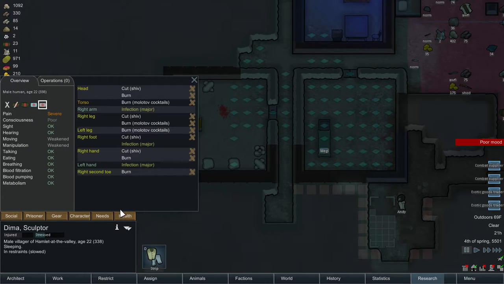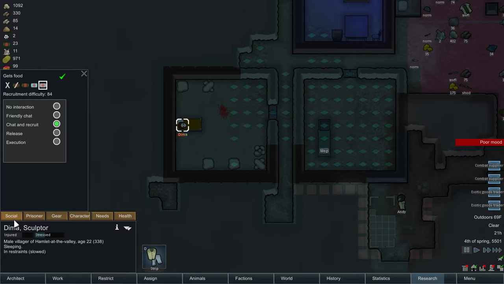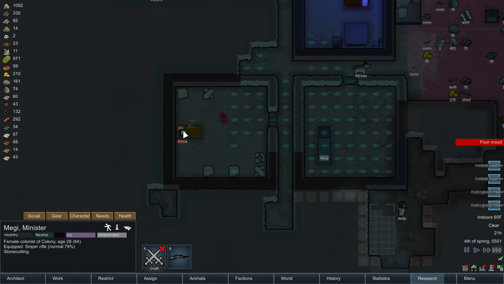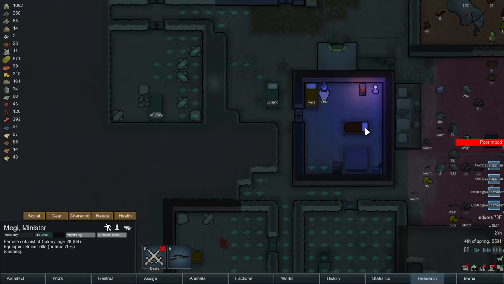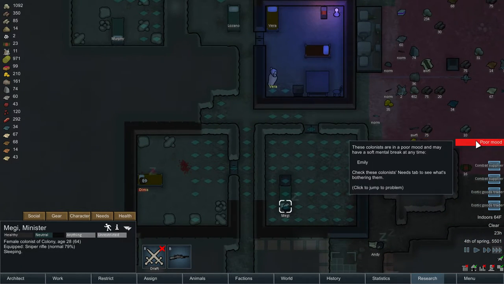I don't necessarily think she's recruitable. She is still injured. Her pain is severe, and she's incapable of darn near everything. I would happily let her go. So I think that's our next step. We've got her more or less stabilized, and I think it's time for Dima to head on out. We did our best to heal her up, but...